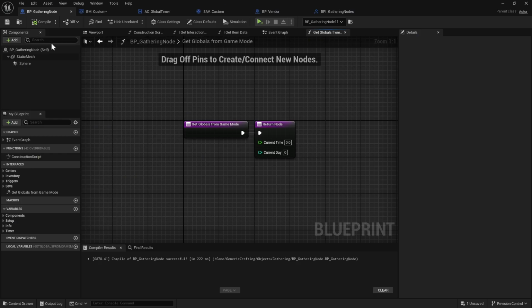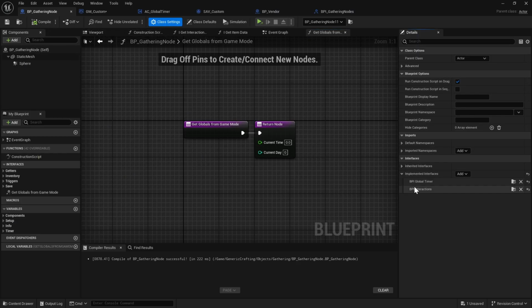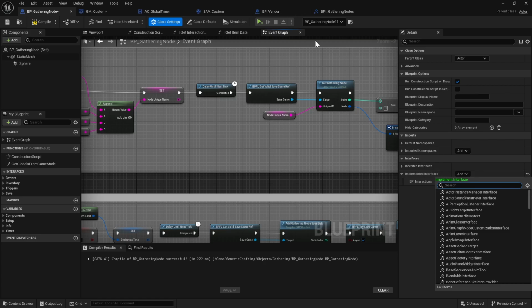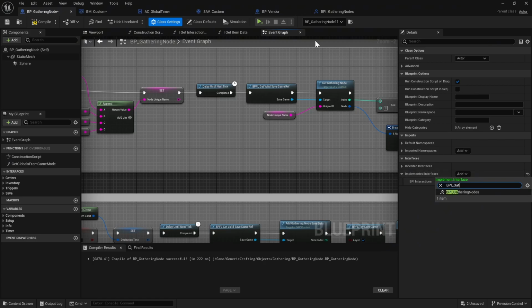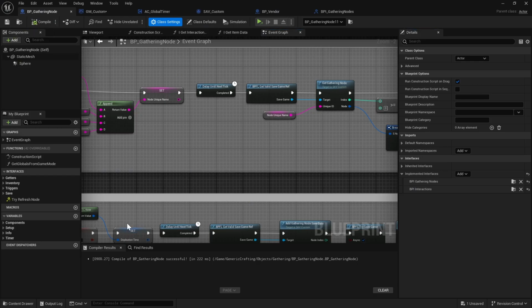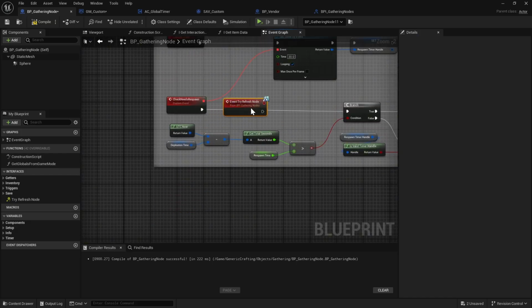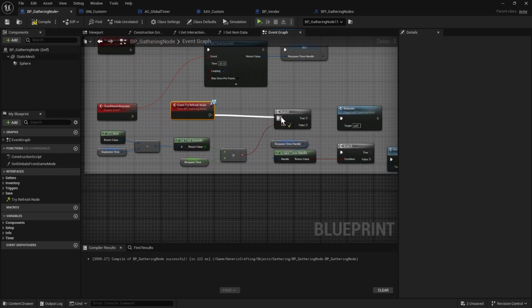Oh, that's not what I wanted. Did I implement the wrong one? Yeah, I did. I accidentally had global timer. Yes, delete that. We don't want global timer. We want the one we just made, my bad, which is BPI gathering nodes. Okay, BPI gathering nodes. And we're going to run this try refresh node function basically instead of check needs respawn